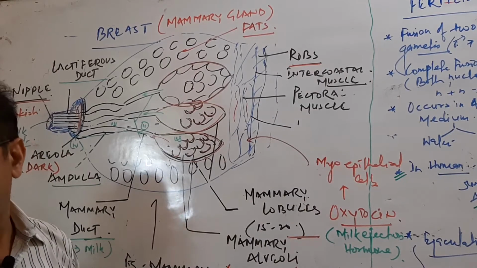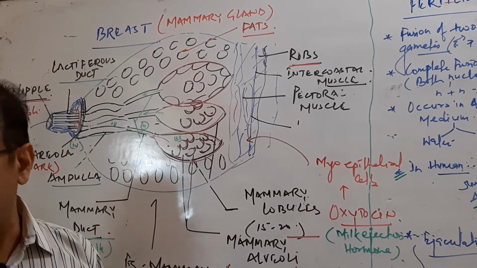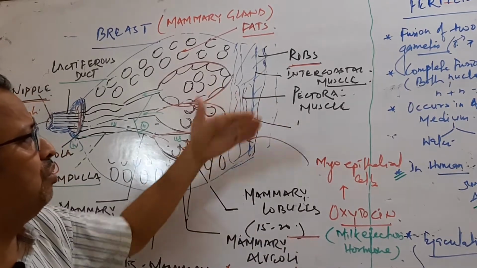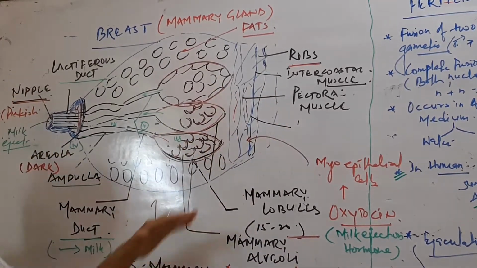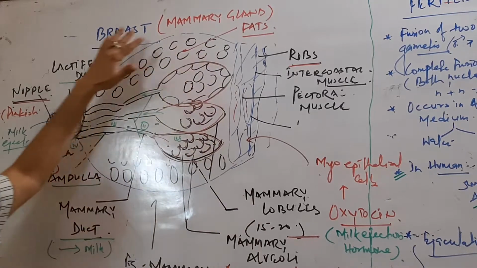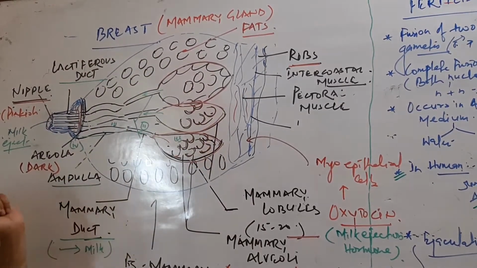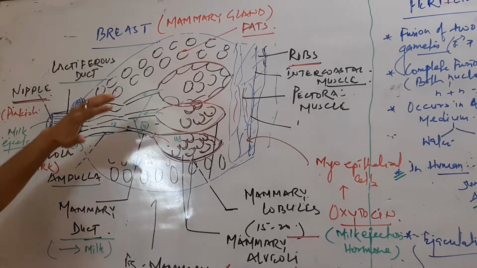Over the ribs is the pectoral muscle, and ribs are connected through the intercostal muscle. So this is the attachment of the breast in the chest region through the pectoral muscles, and inside